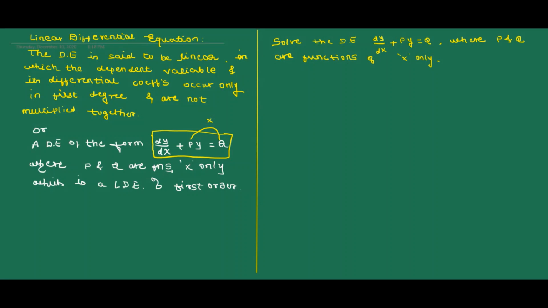So let us say the given differential equation is dy divided by dx plus py is equal to q. Now multiplying both the sides by